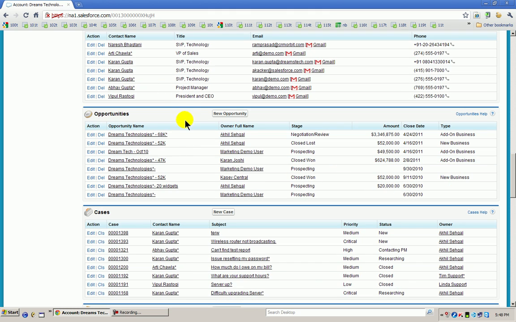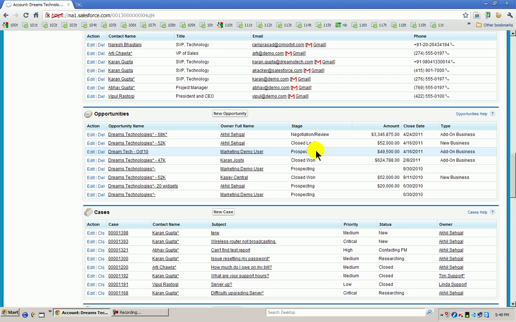Now these are the different opportunities, maybe life insurance, general insurance, or mutual funds. And what is the stage? Somewhere you have closed lost, where he has purchased something from somebody else. Somewhere you have won, and somewhere it is prospecting, where you are just talking to them to understand.